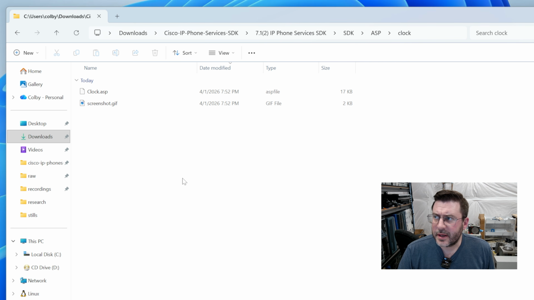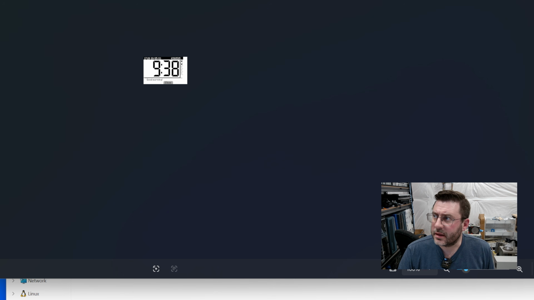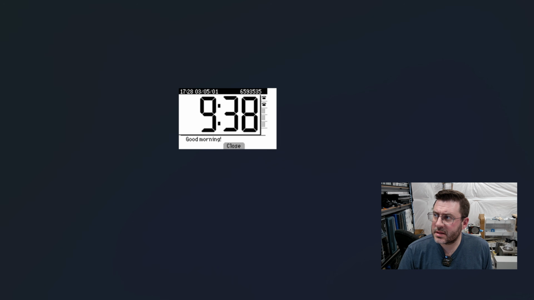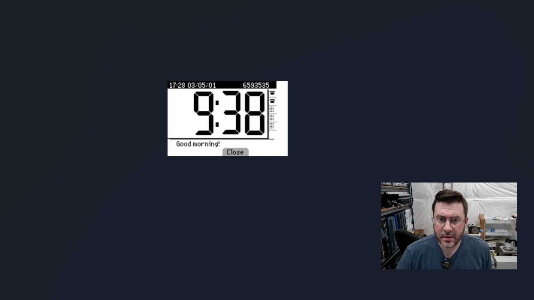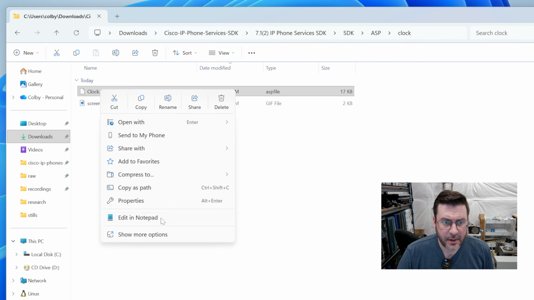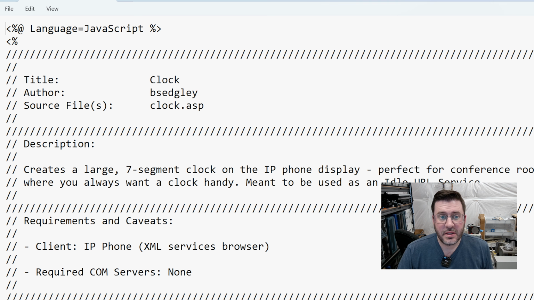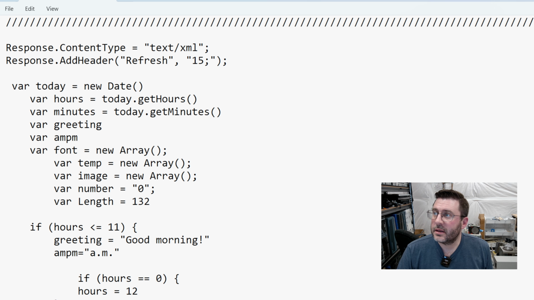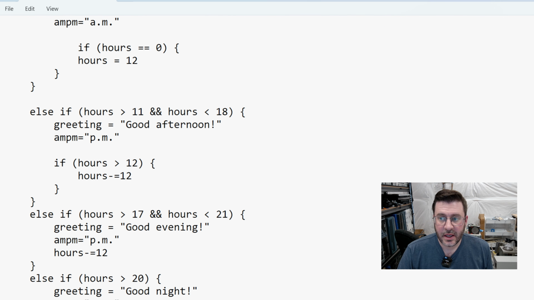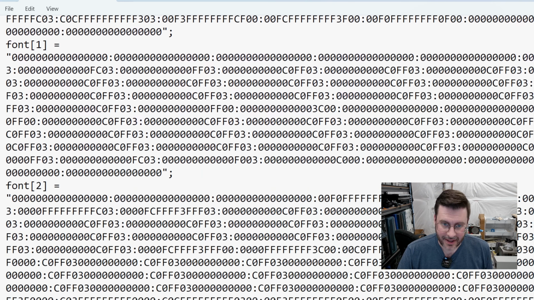I'm feeling pretty good about this clock example. So theoretically, it's going to look something like this on the phone, which would be pretty sweet. And if we go take a look at it, it was written by Cisco employee B. Sedgley. Are you a viewer? And all it's doing is just getting the time of day from the server and then displaying it in those